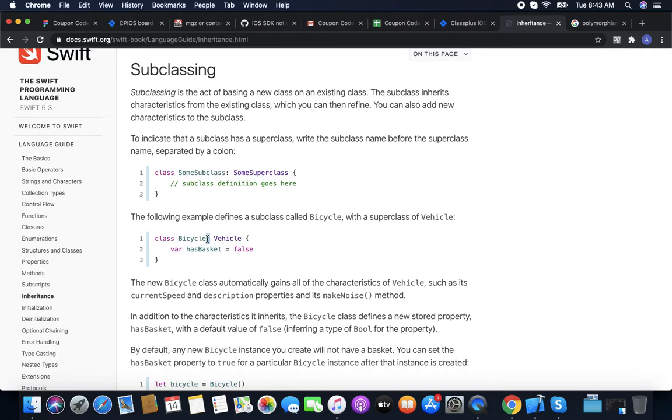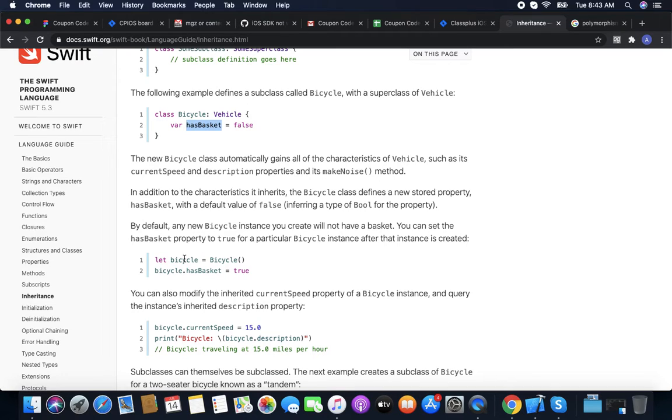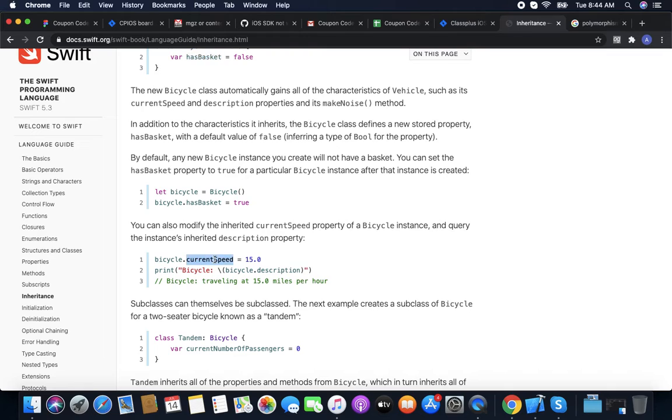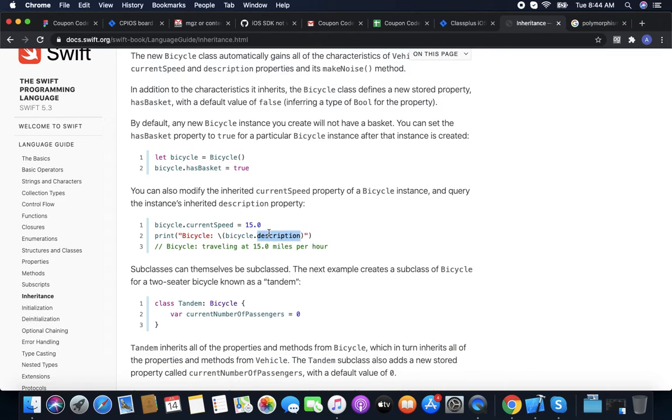So for inheritance, we just mark a colon and then the class name. Let's have hasBasket for Bicycle. So now Bicycle has all the functionality of Vehicle plus the functionality that is added in hasBasket. So Bicycle has current speed, Bicycle has hasBasket, Bicycle can print descriptions.